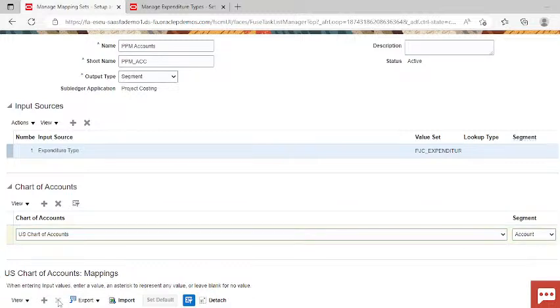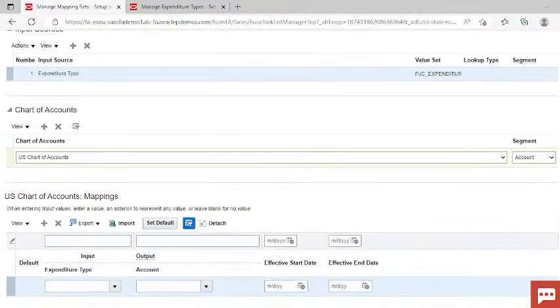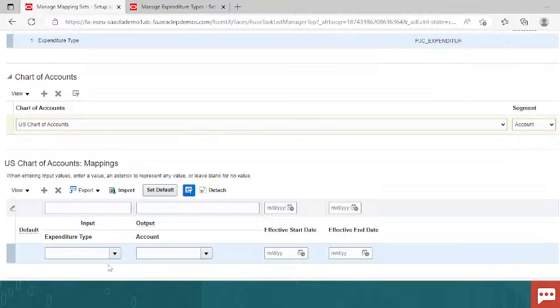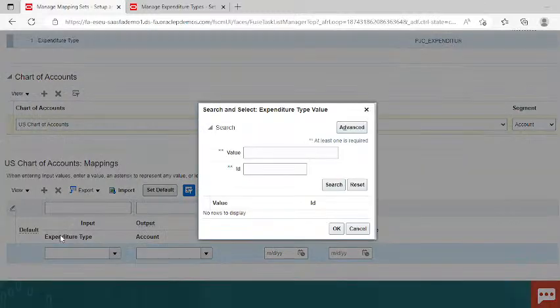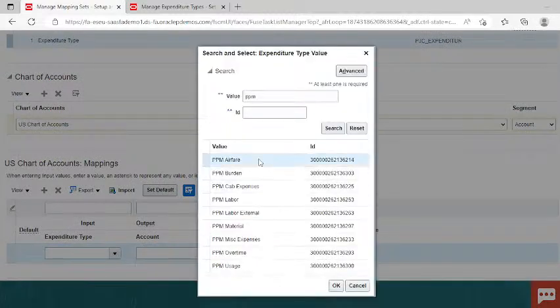Now come to mappings, click on create, select the expenditure type here, click on airfare,